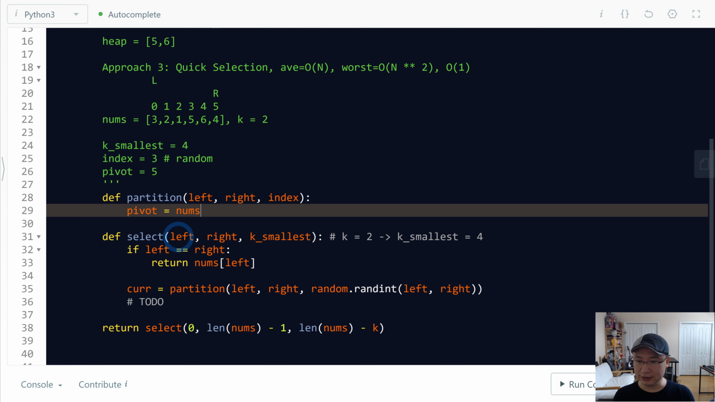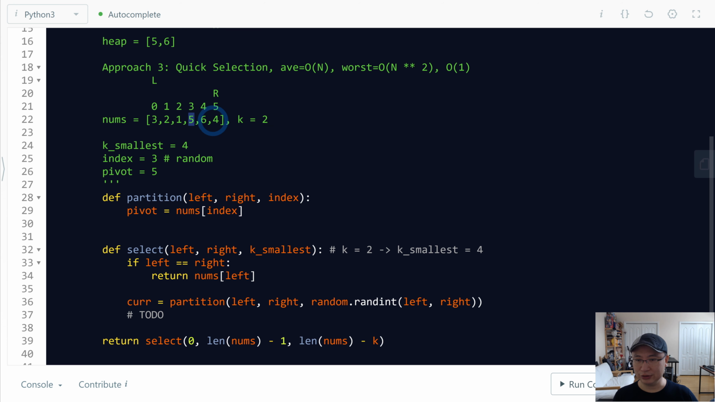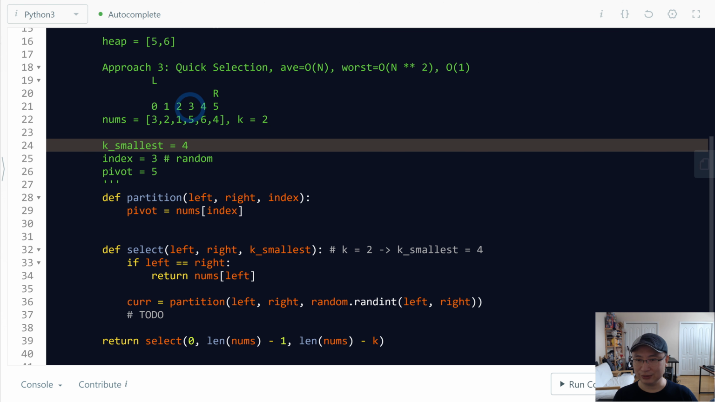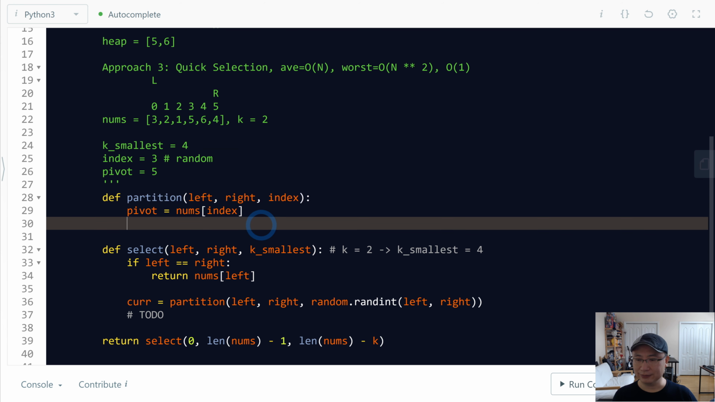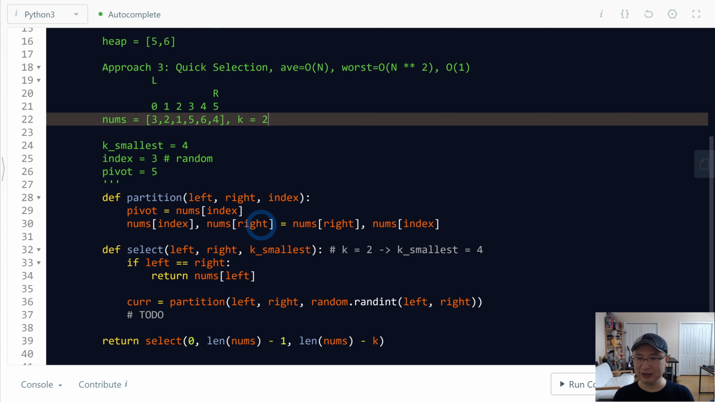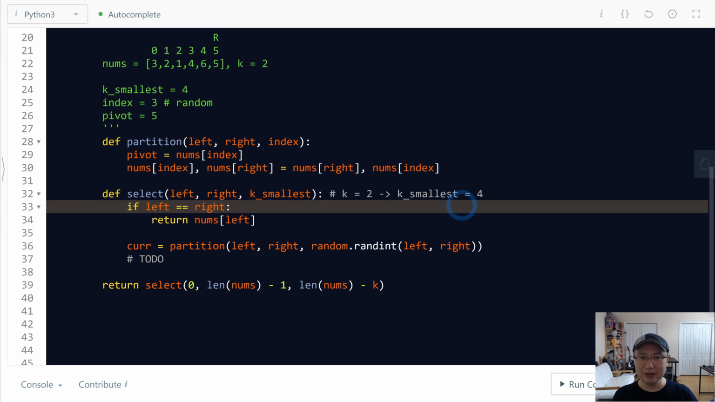Pivot is nums[index], and then I'm going to have to move this one to the rightmost side. So I'm going to switch this one. So now 4, 5. To do that, nums[index] and nums[right], and nums[index]. Now it is switched. So 4 is here and then 5 is here. Okay,